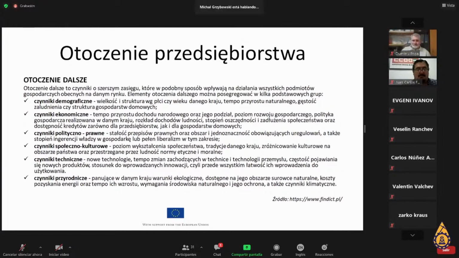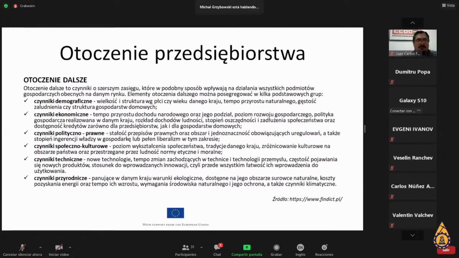Then we have social and cultural factors. Well, social cultural factors include such aspects as traditions. If we think about Poland, for instance, Polish people eat carp at Christmas Eve, so it's an important impulse factor for the producers of the fish. At Easter, for instance, we eat a lot of eggs. So these social and cultural factors also stimulate and influence enterprises,